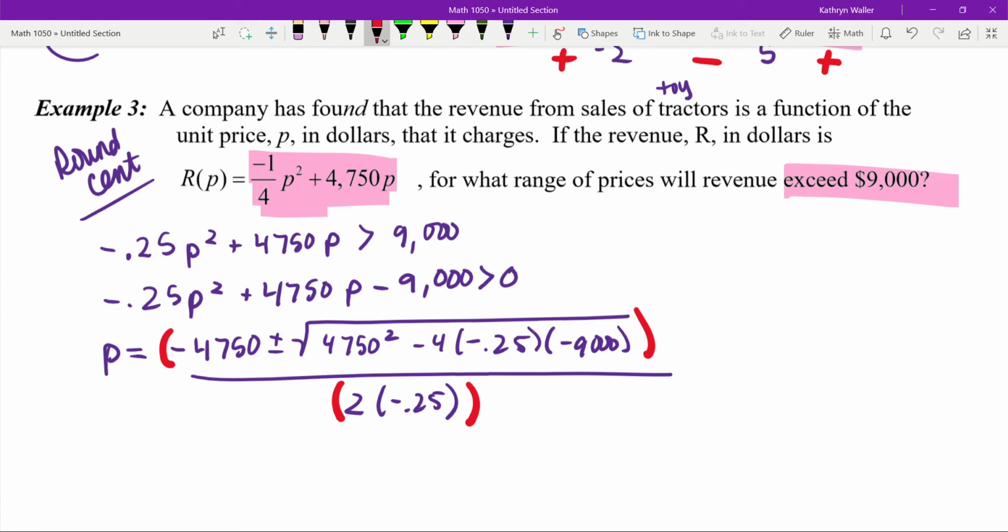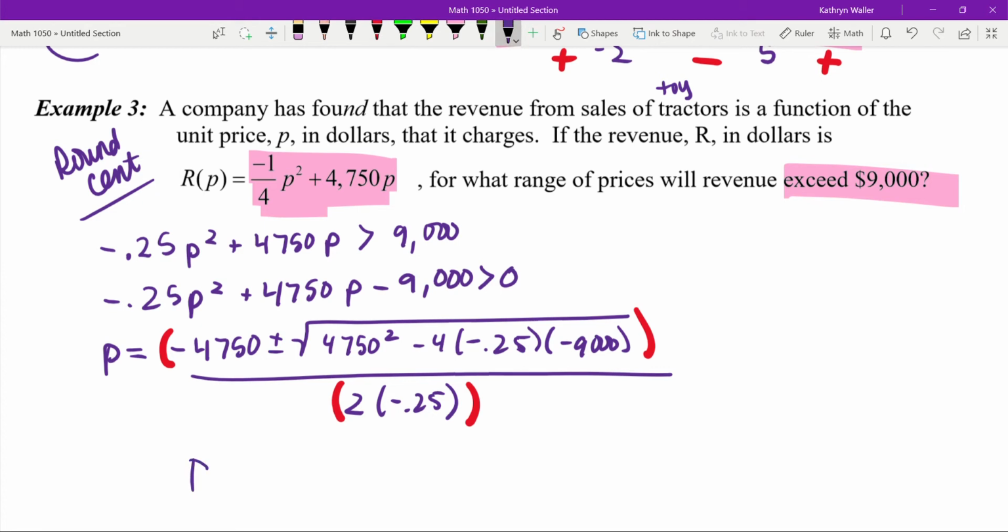Everybody go parenthesis, negative 4750 plus second x squared, 4750 x squared minus 4 parenthesis, negative 0.25 close parenthesis, new parenthesis, negative 9,000. Stop right there. How many closes do we need? Do you remember? 3. Good. Close, close, close. Divided by parenthesis, 2 times negative 0.25, close it, enter,